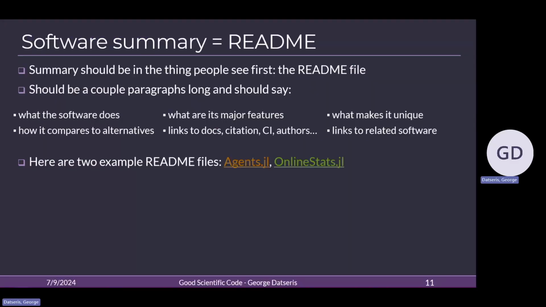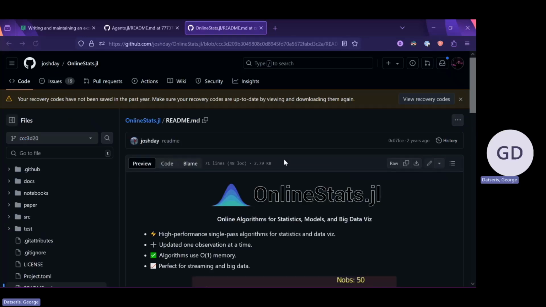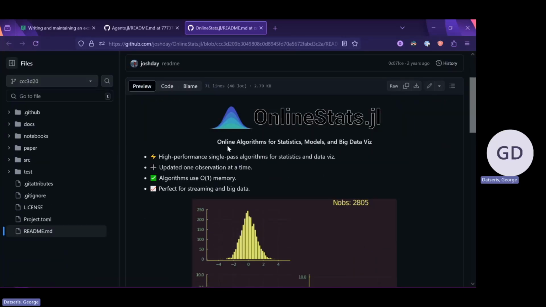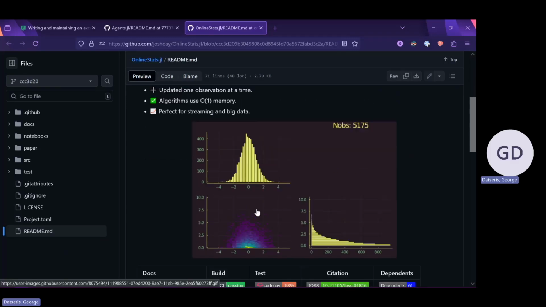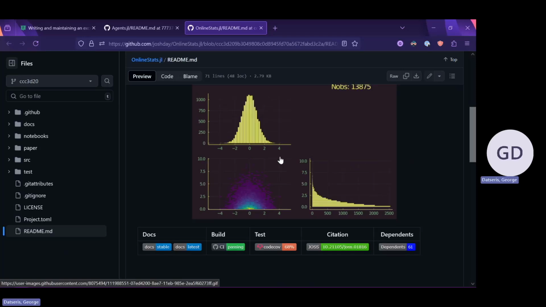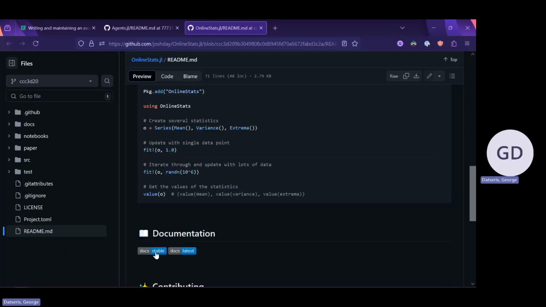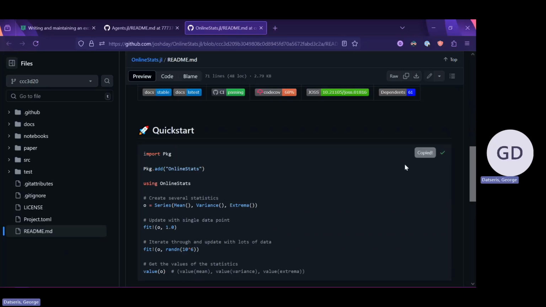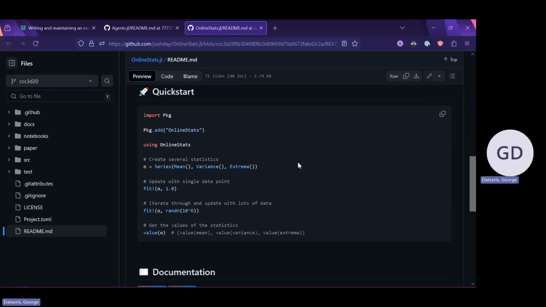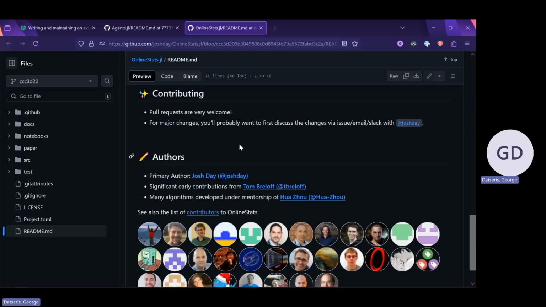Let's see another example I have in the slides from Online Stats, which I also think it's a great README file. It starts with a description of what the software is, which provides online algorithms for statistics. It provides then a bullet point list of the key features of the software. It has some nice animation of the usage of the software. Similar badges that provide links to the documentation or how to cite or other information. And of course, links to the documentation. Now, one thing that this README has that the previous one didn't was a simple code snippet that describes how this software works. And then there are other type of details.